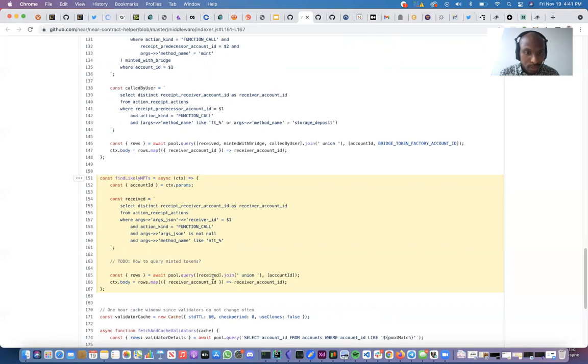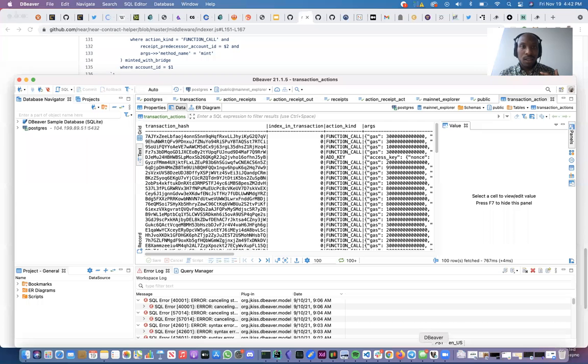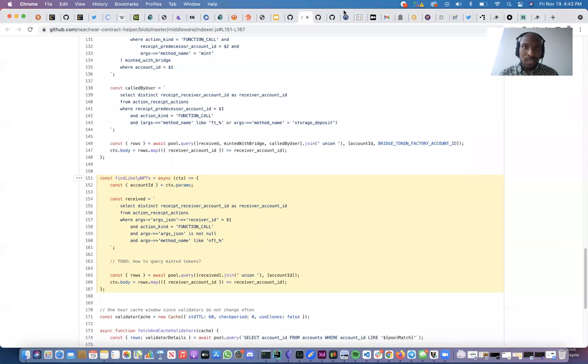And then we're going to do a join and some sort of union query across this, then figure out, oh, did I receive or hold this particular NFT or token? So if we were to just go one more layer down, one of the things I like to use for just exploratory purposes is DBeaver. And so DBeaver is now pointing at this Postgres endpoint, which is the public endpoint